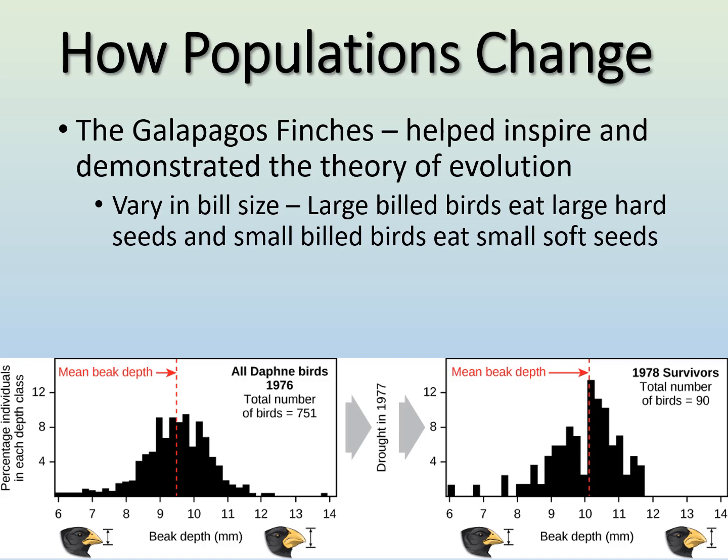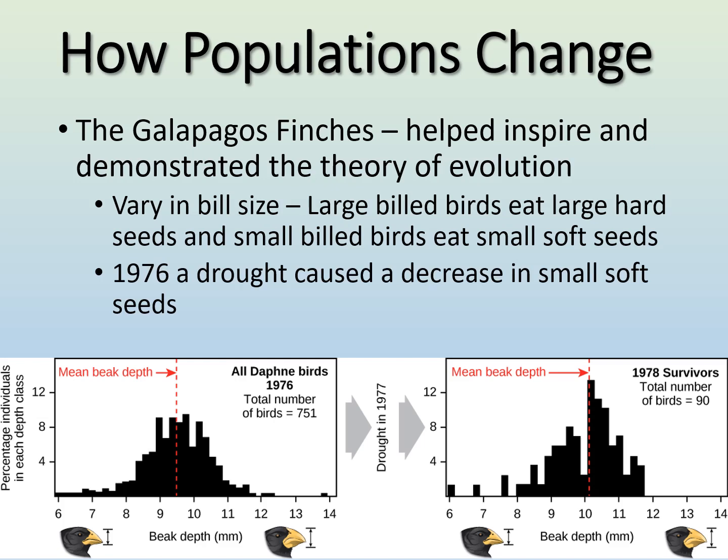Okay, so what happened is, if you look at the graph on the left-hand side, and look at how many birds have smaller beaks versus bigger beaks, you see that there's a median amount, about an equal number maybe of small beak and large beak. But then there was a drought in 1976, which caused a decrease in those small, soft seeds. So what you actually found was a year later, in 1978, there was a shift